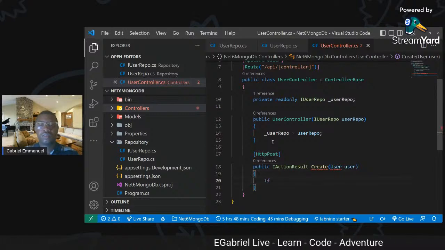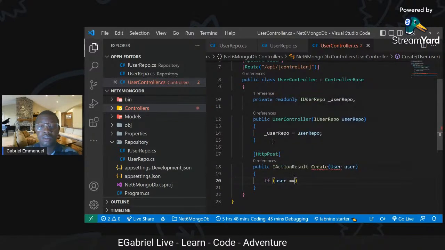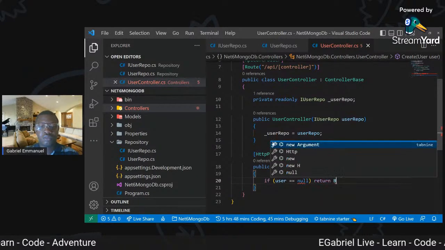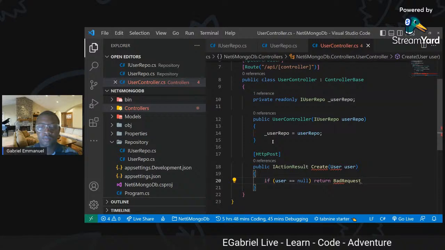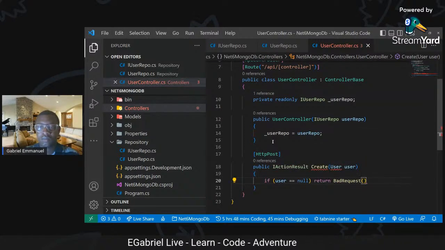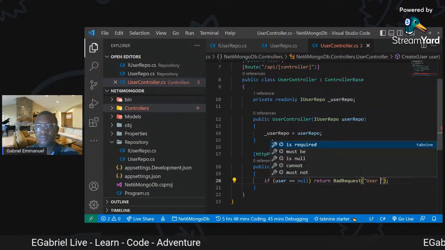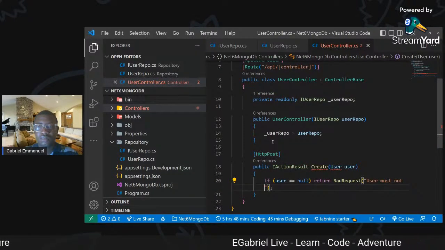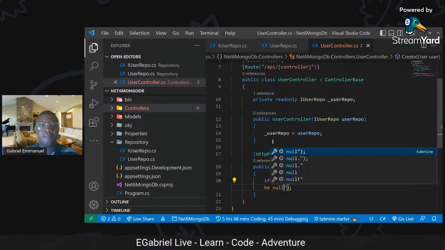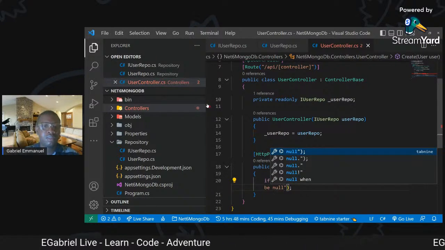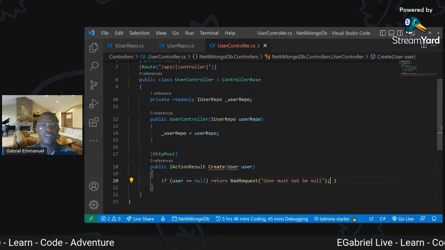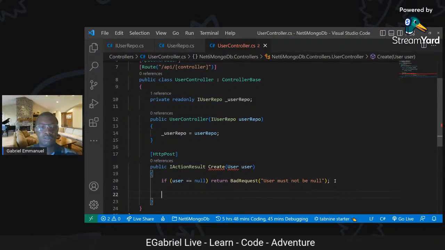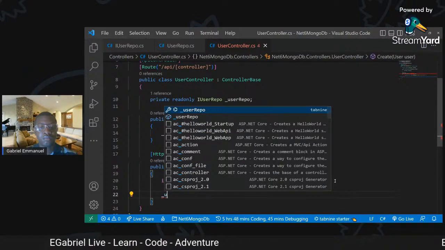So I'm just gonna do a quick check if user is null, means return bad request, and the message: user must not be null. I'm going to pull this out a bit, just a bit. The user must not be null, but if we have a user, then we're just going to put this user